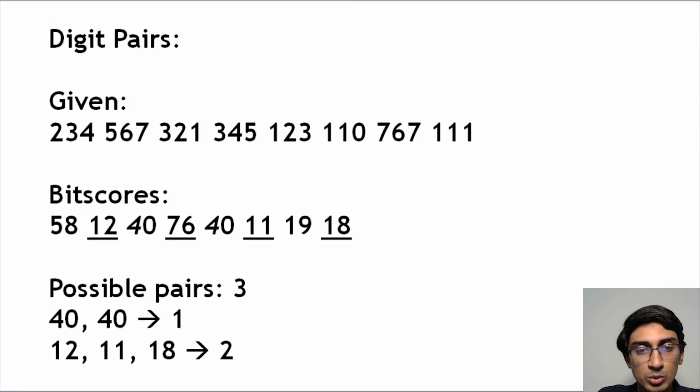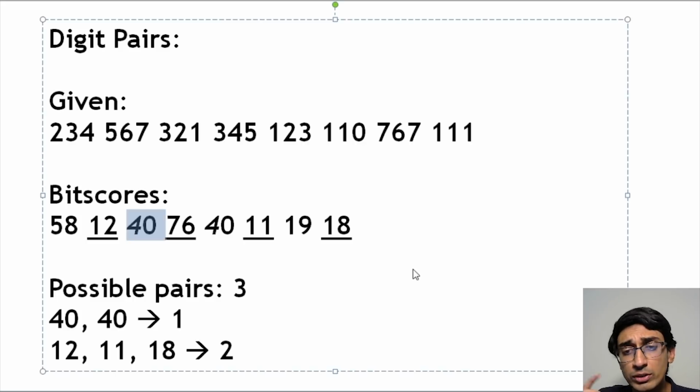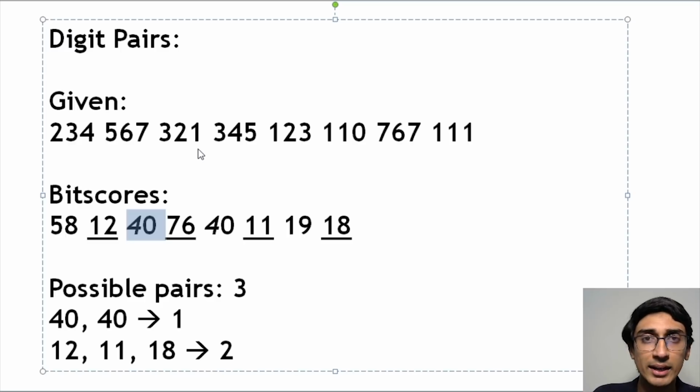So this is really the crucial part: once we have calculated the bit scores, how we calculate the bit scores we'll come to eventually, the pair finding should happen such that the same significant digits are present at alternate indexes, that is at the odd indexes or at the even indexes. If there is only 1 such pair, it is counted as only 1 pair. If there are 2 such pairs, counted as 2 pairs. If there are more than 2 pairs, we still restrict to only 2 pairs, right? When there are no pairs, obviously we take it as 0 pairs, right? So I hope you understood this pairing part. If you didn't, pause the video, go back again and understand the pairing part.